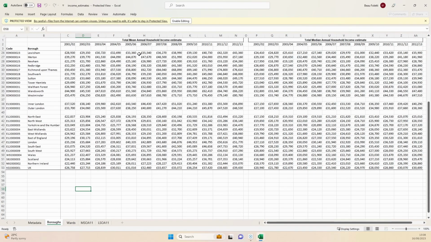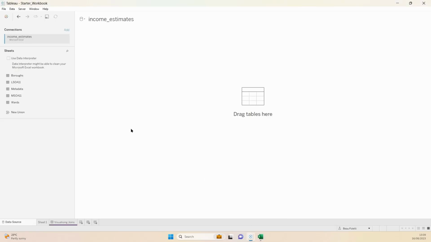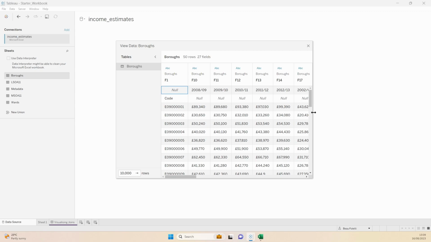And we can have a look at all these different numbers, where Tableau will see these as individual fields. And I'll explain a little bit more about that now. So if we go back onto Tableau, after having a look at that little bit of data, we can see here that we have our boroughs tab. If we click on this View Data button just to see what we're dealing with, this is how Tableau will